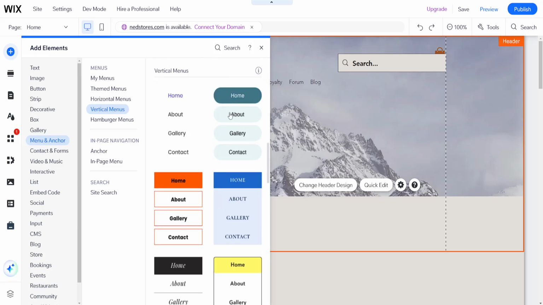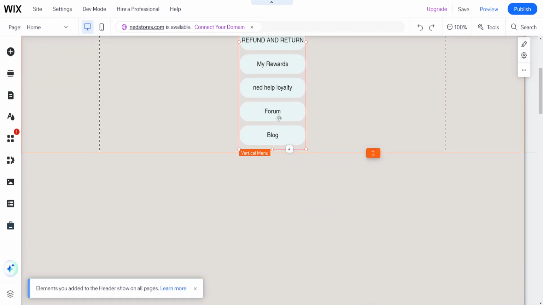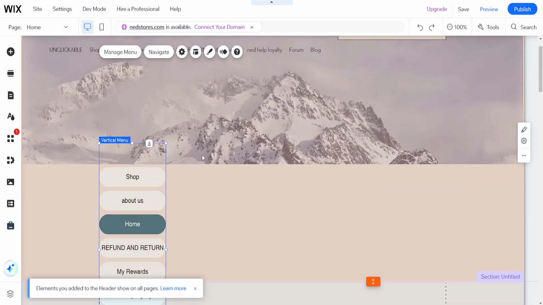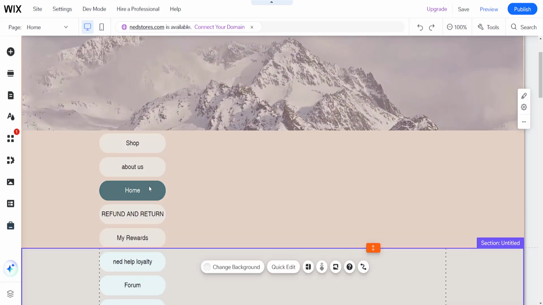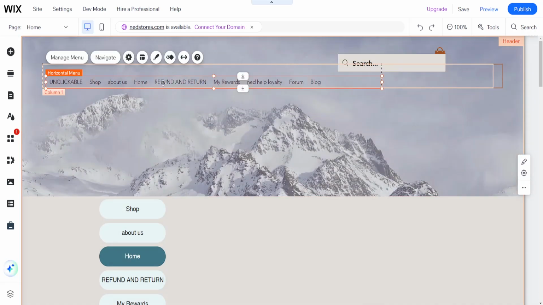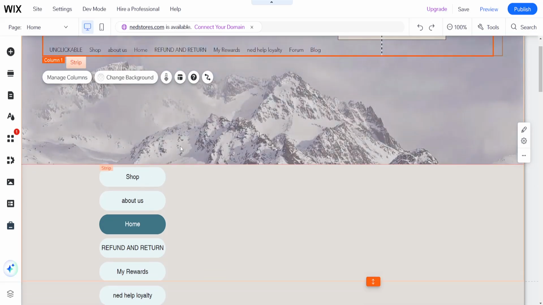So for example, let's say I want to use this one because I like how it looks. We'll simply left click on it and it's going to add it here to our website. We can obviously position it wherever we want, and you may have noticed that this copies all of our menus here, which are horizontal as well. So what we can do is we can delete this menu from our website and just leave the vertical one,